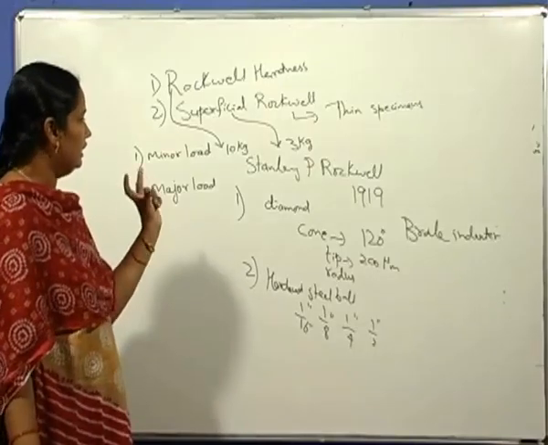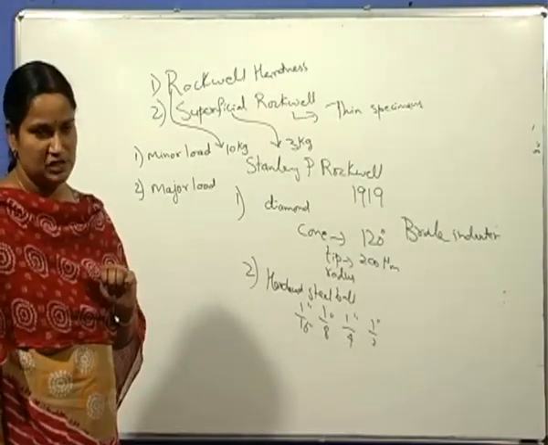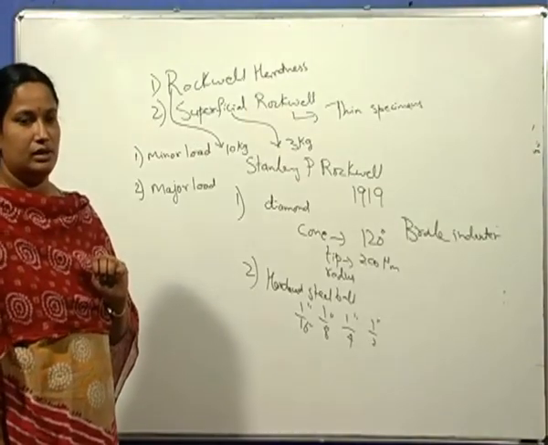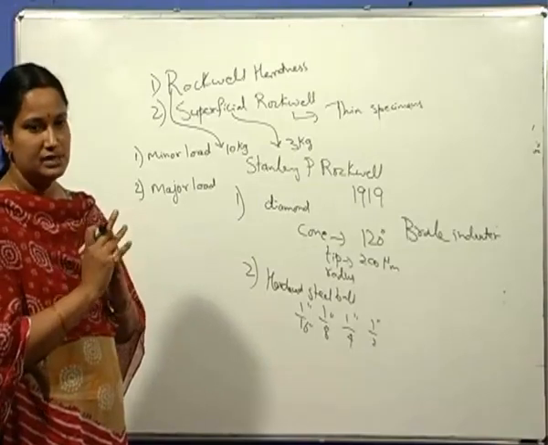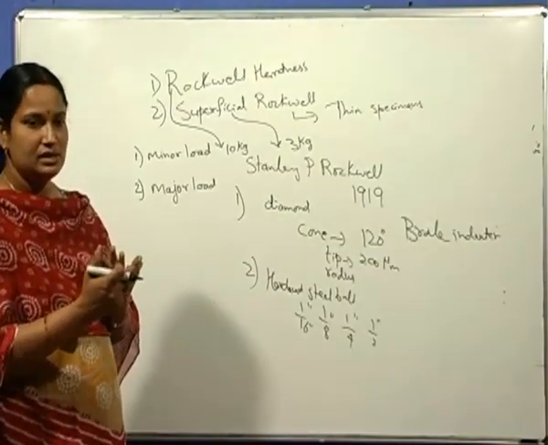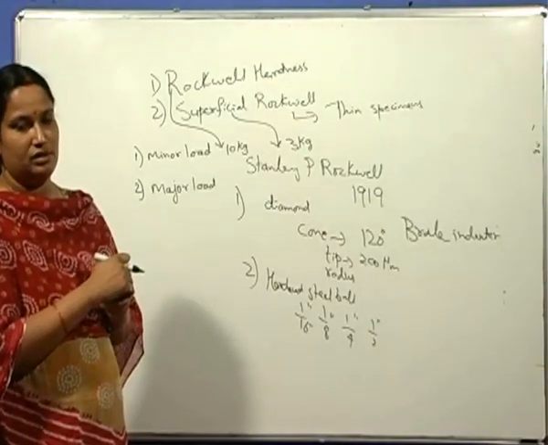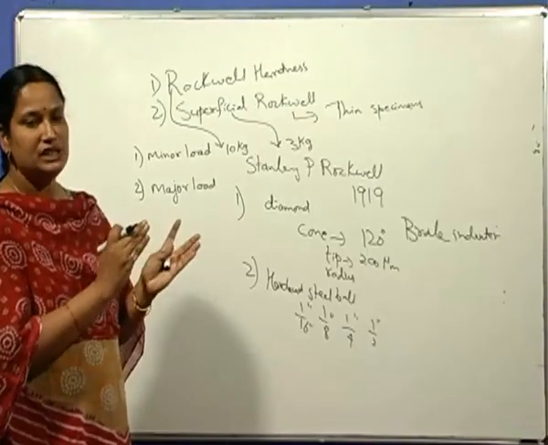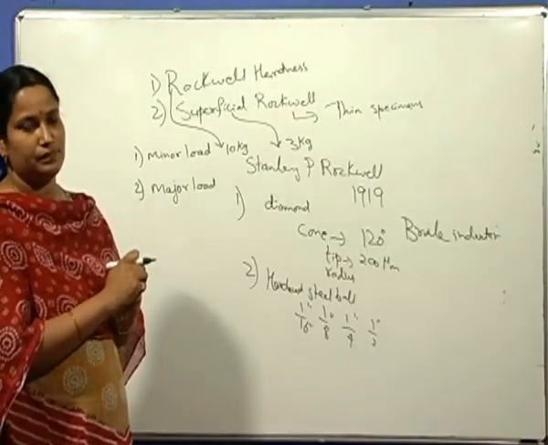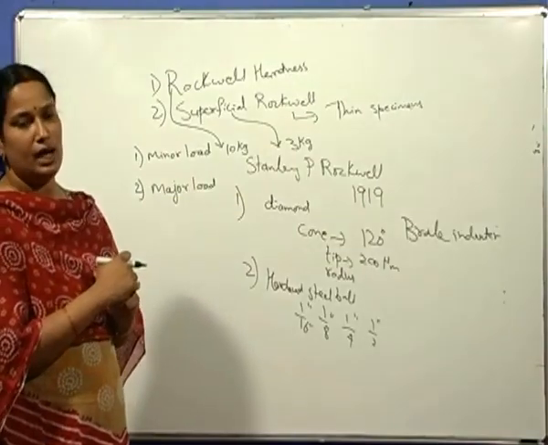So initially the minor load is applied on the specimen, then a zero position datum is maintained. Next, the major load is applied on the indenter. Then the difference in depth between these two load applications is measured,